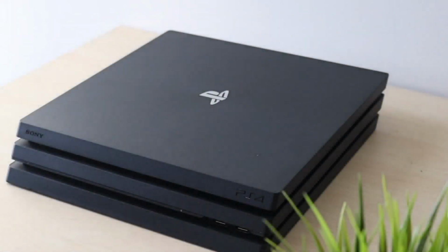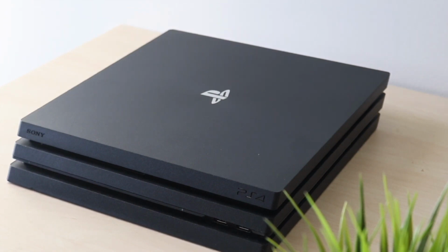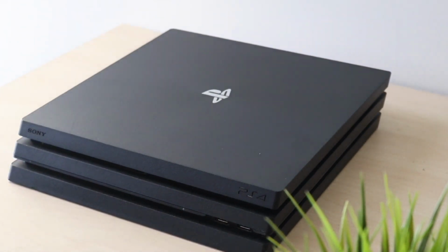Welcome back everyone. You may be having some issues with your HDMI port on your PlayStation 4. Now this can happen for a couple of different reasons, as always, but the first thing I'd recommend doing is